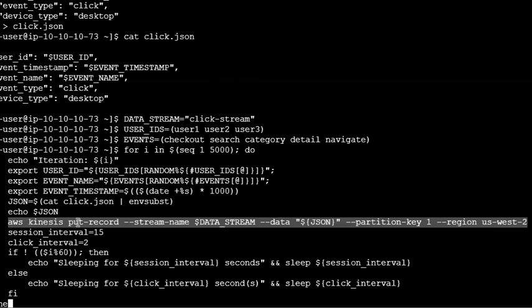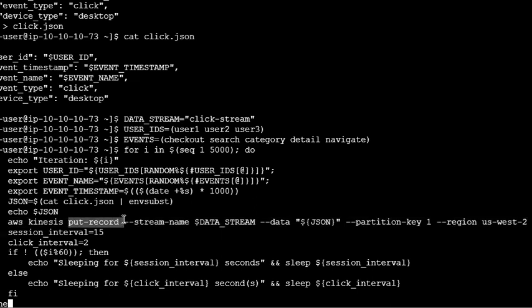AWS Kinesis put record. By using this put record only we are putting, and we need to specify the stream name, right? Yes. So in order to tell that the next name belongs to the stream name, we specified that stream name. Then by using dollar we specified this stream name. So whenever the compiler gets this dollar stream name, then it will get the data